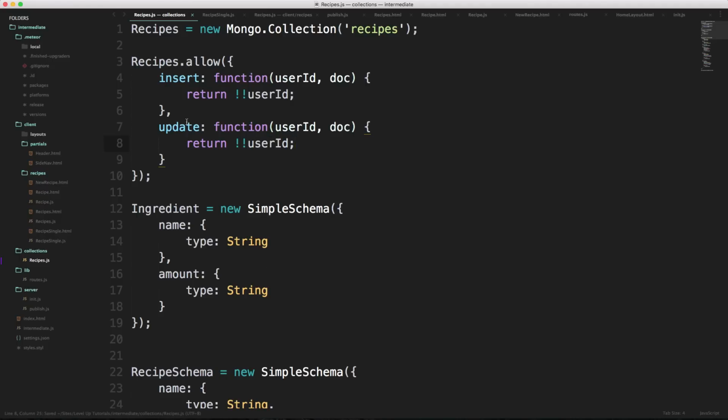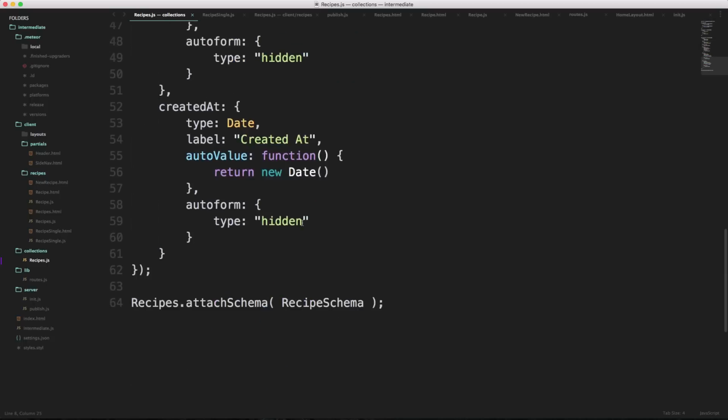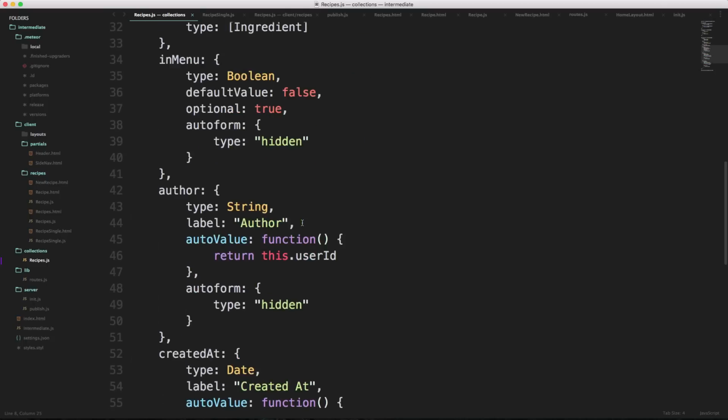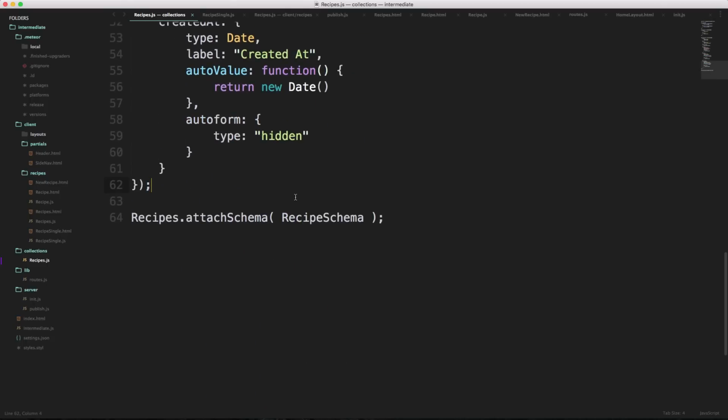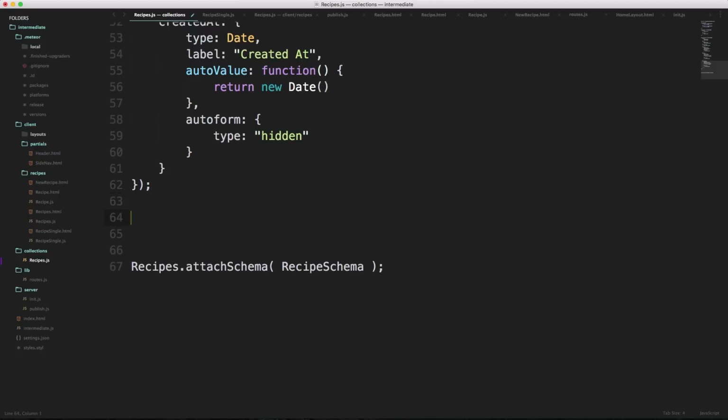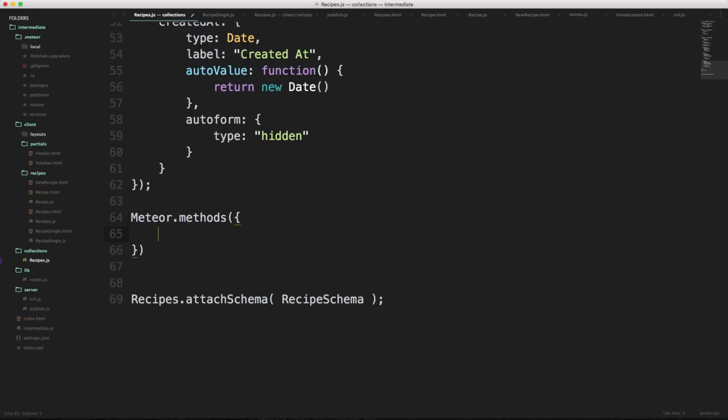Okay, so we have that update statement in, so we will now be allowed to make updates. Now let's go ahead and write the update method. We can just come down to the bottom, and we can type Meteor.methods because we don't have any methods yet. And inside of here, we can have a new method named toggleMenuItem,